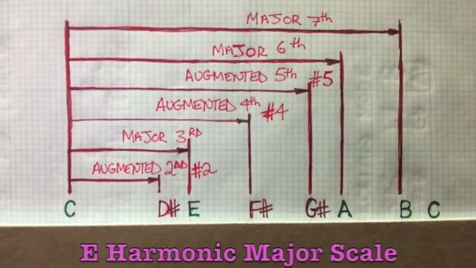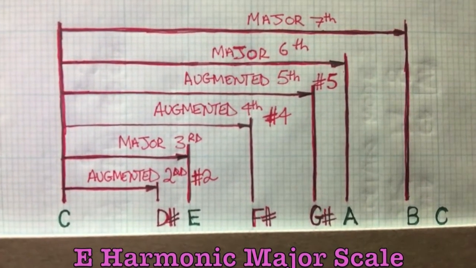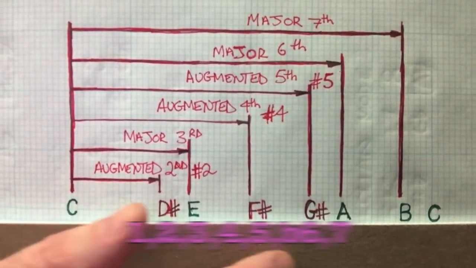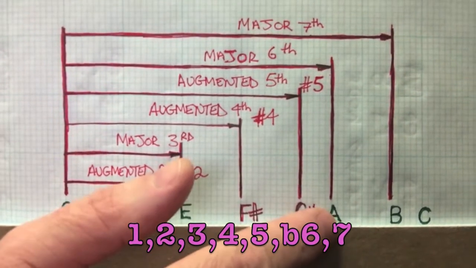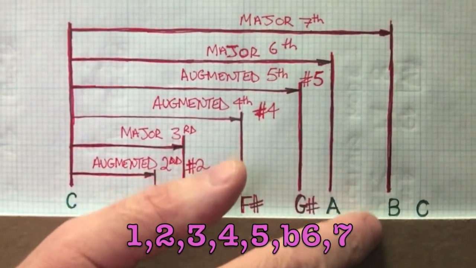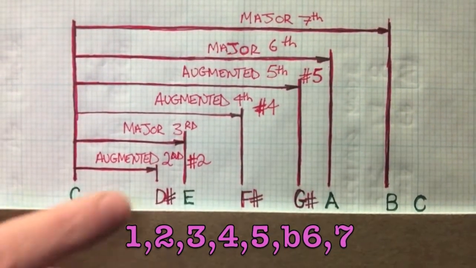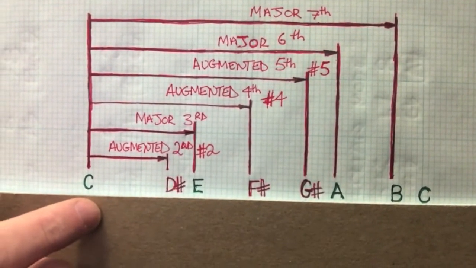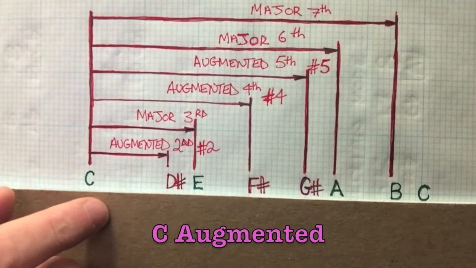Okay, so this time we're working with the E harmonic major scale, and that is E is the 1, F sharp is a 2, G sharp is a 3, A is a 4, B is a 5, and C is the flat 6, D sharp is the major 7. We're working from C, and this is going to give us an augmented